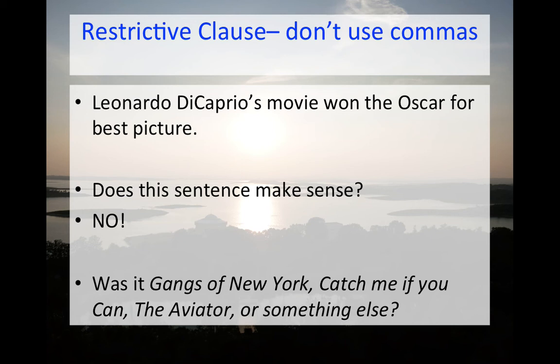Before we go any further, Catch Me If You Can, of course, is Leonardo DiCaprio's greatest movie. It should have won the Oscar for Best Picture in 2002. I'm not sure which movie did, but that one didn't. But,